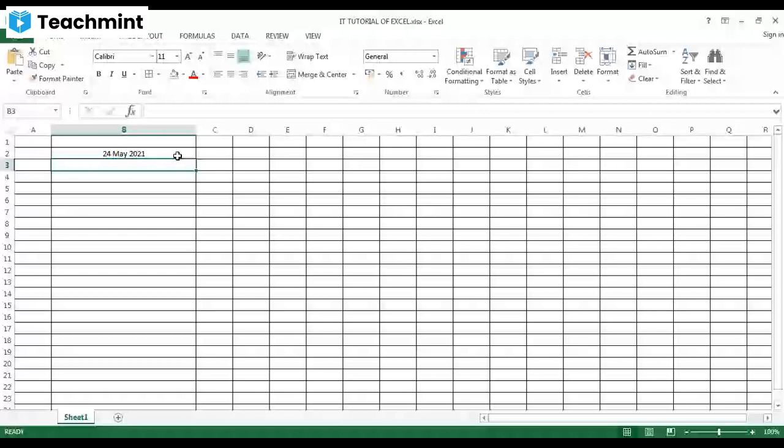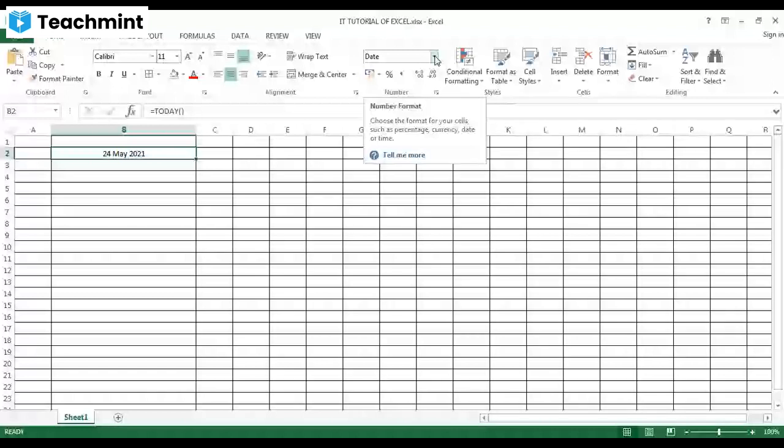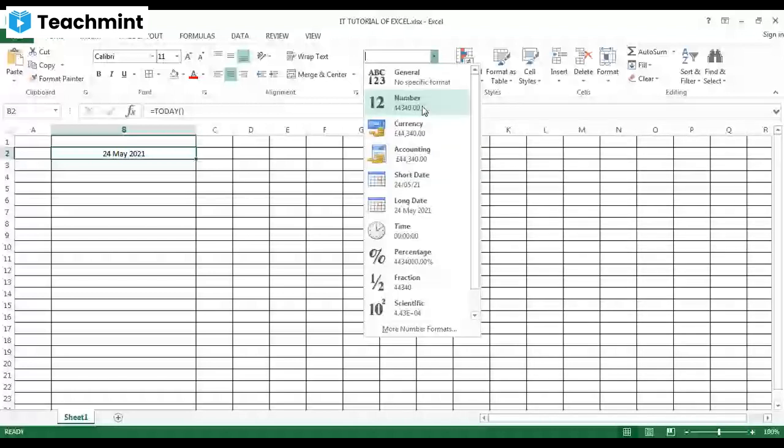Date? I will explain in other formulas later on. Here you can choose any kind of format. Here your number formats are available. Like now, suppose I choose this number format, what will happen to the date?